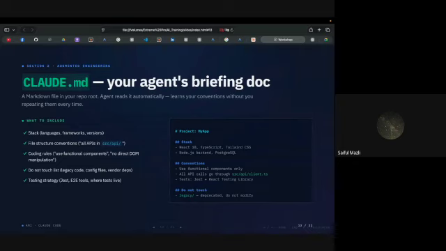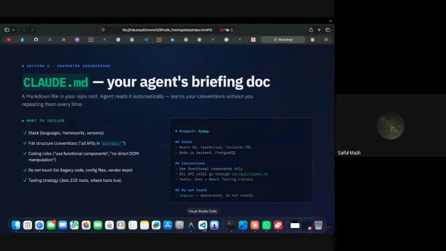You tell it what the project is about, where your file structure is, where your documentations are, where your code's supposed to be, what you want to do when you're testing. So you build this along as you do your development. Now, you cannot put everything that you have into claude.md.